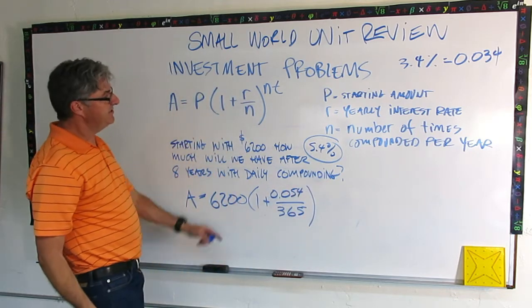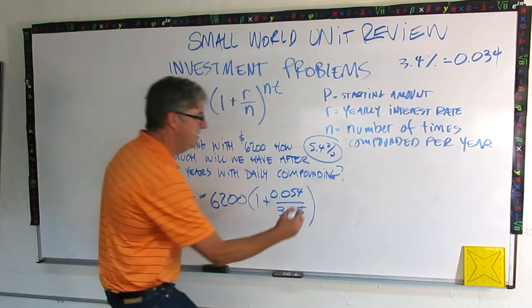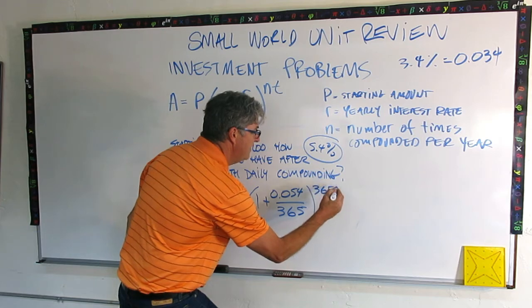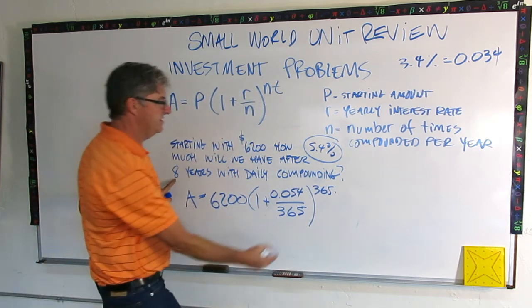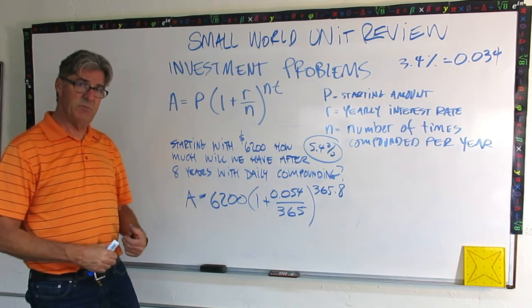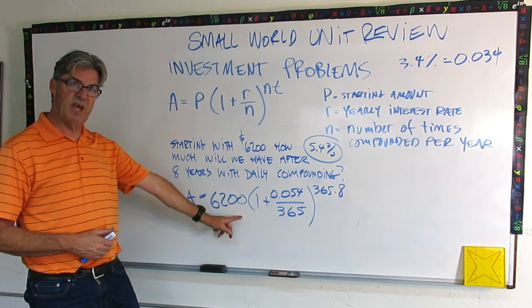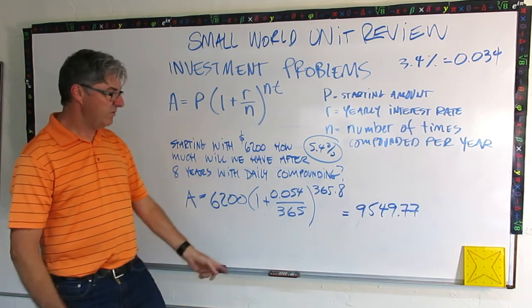Close the parentheses, and now I have this expression, nt. Number of times compounded, that's 365 times t, which is the number of years, 8 right there. Okay? I know I said I wasn't going to solve it, but actually it would be good practice. So pause the video right now and crunch that out, see what you get. Okay, I calculated it all the way out, and what I get is